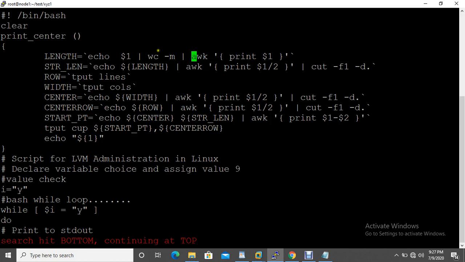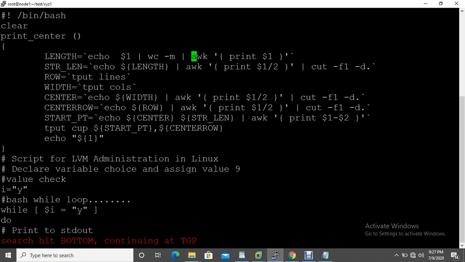You can see it came here. Now you need to check the next awk, if it's available or not in a file. You have to press the n button. You can see where awk is available in this file, it will go line by line. Okay, so this way you can find.